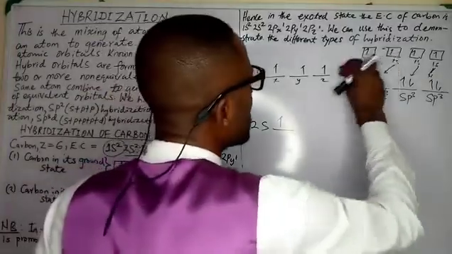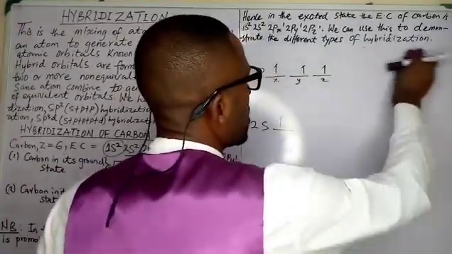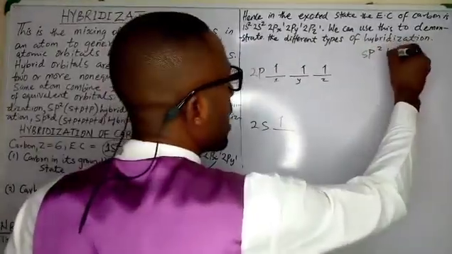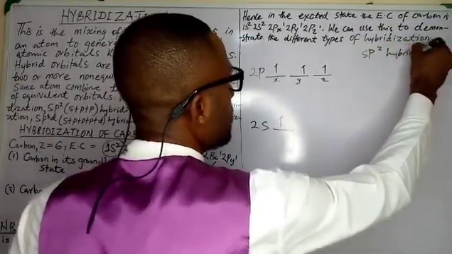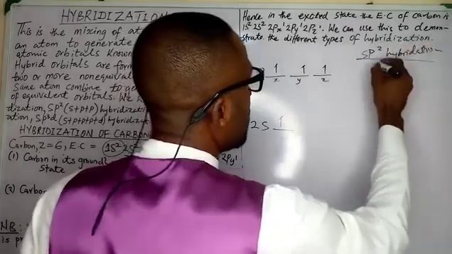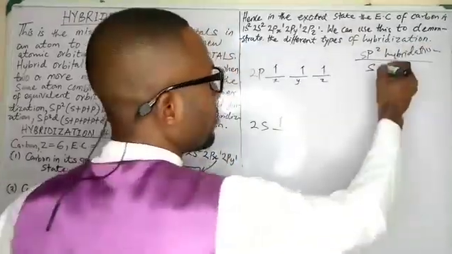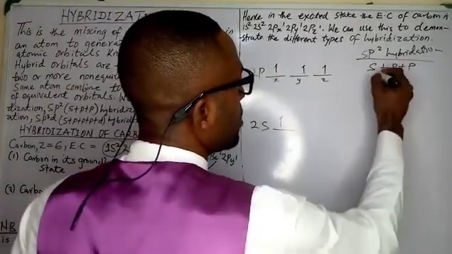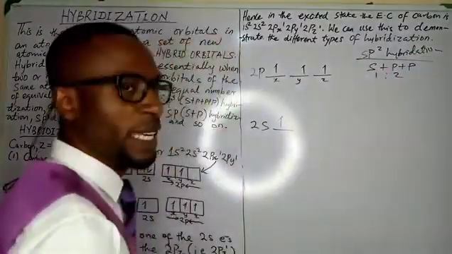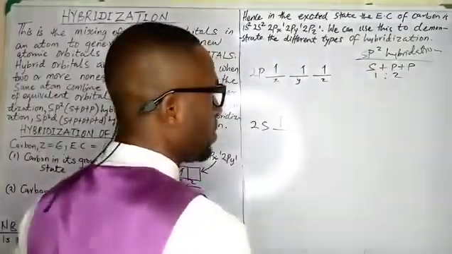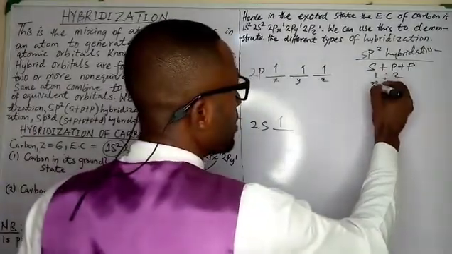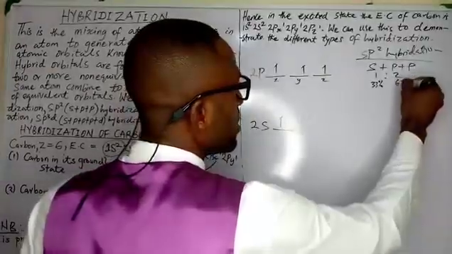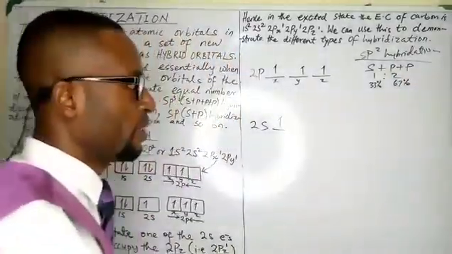Okay, so how about sp2 hybridization? In sp2 hybridization, you are mixing one s orbital with two p orbitals. So this is 1:2. Again, if you take it in terms of percentage, this will be 33% s attribute, and this will be 67% p attribute. Did you see it?